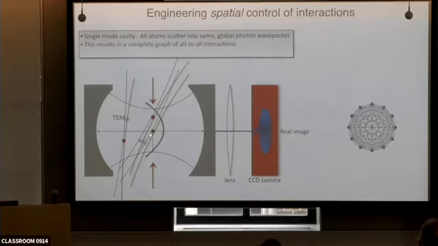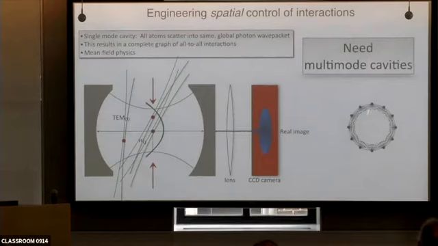And the reason I'd like to fix that is because if I only have that one mode, then when I exchange those photons between the atoms, it's the same everywhere in the cavity modulo the cosine wave of the standing wave of the cavity. And that results in a connected graph of all-to-all interactions. And that we know is liable to mean field physics. There's just really nothing I can do beyond that. All right? So what I need to do is figure out how to make local interactions mediated by photons. So I break some of these linkages. And what I'm going to claim and what we're going to show is that you need multi-mode cavities to do that. So how does that work?